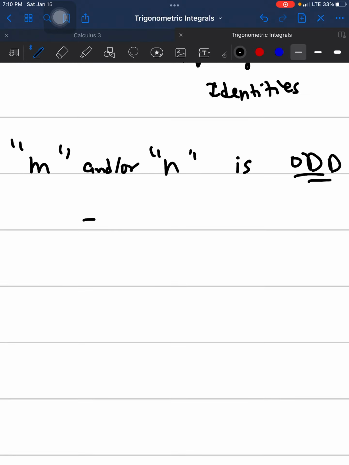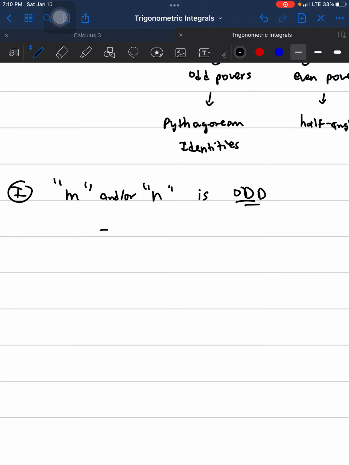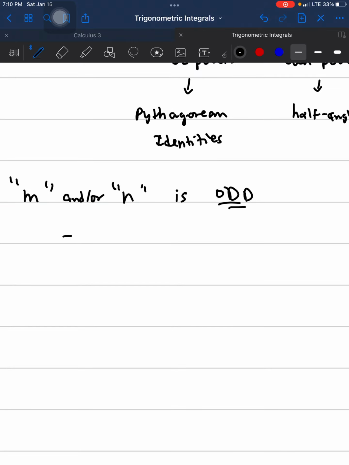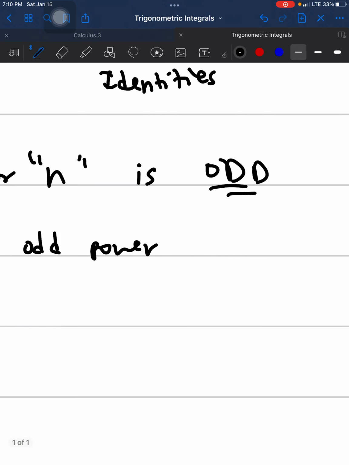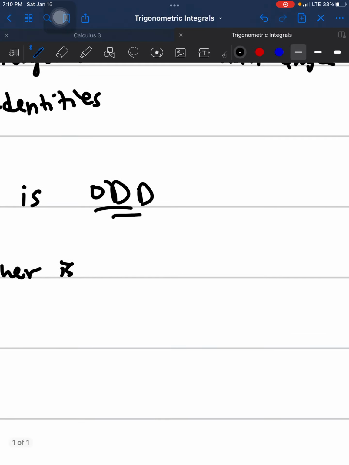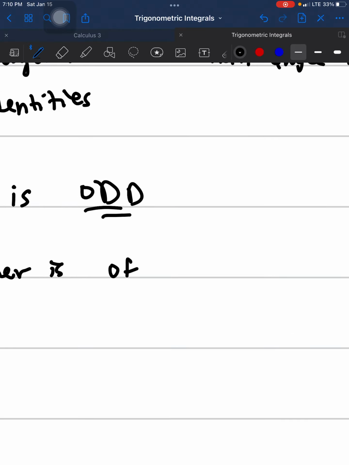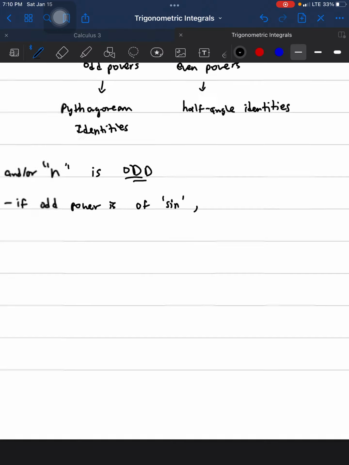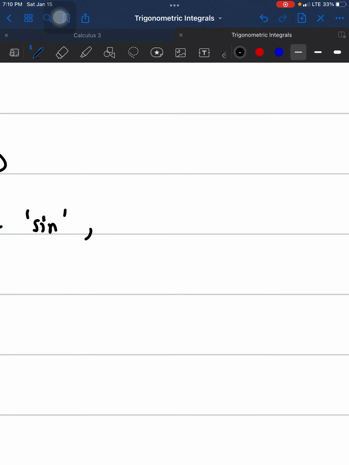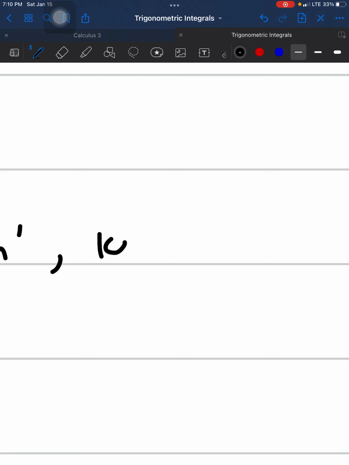So this is one of the cases. Whenever we have odd powers, we have to see if it's on the sine or the cosine. If sine has the odd power, what we want to do is